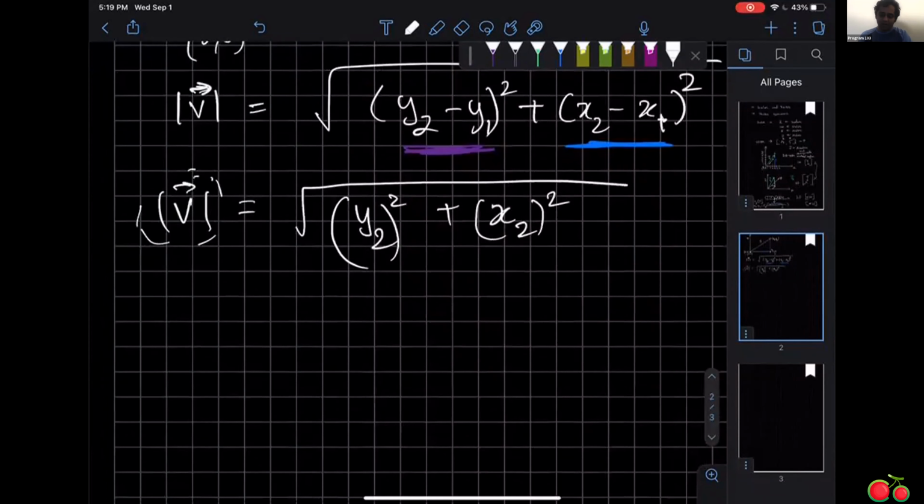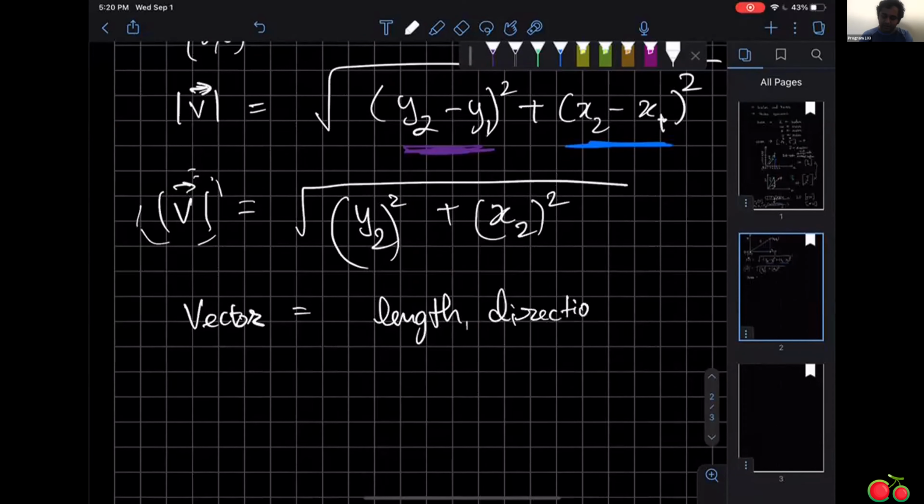So when you talk about a vector, essentially it has length and it has direction, okay? The length is given by this magnitude, and the direction is given by the sign of your vector,